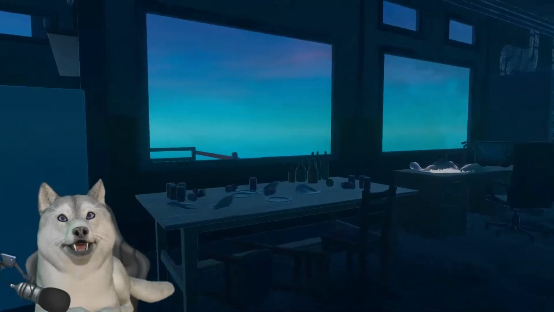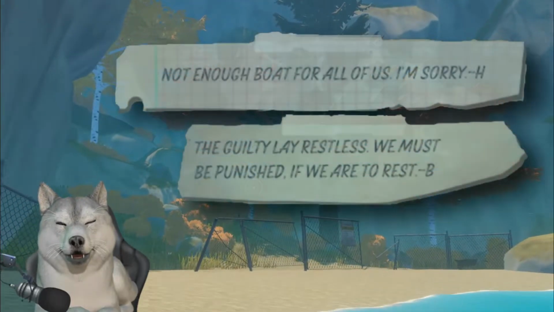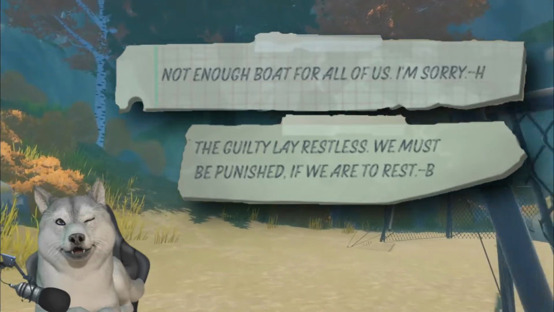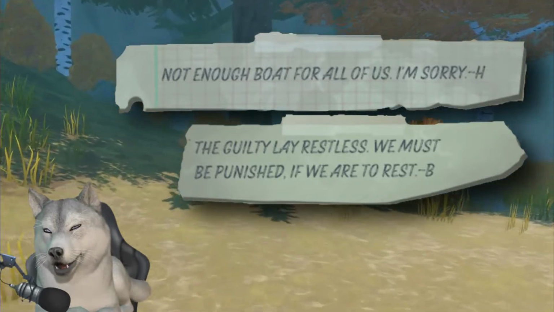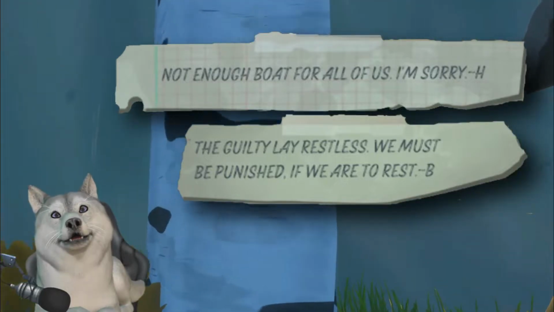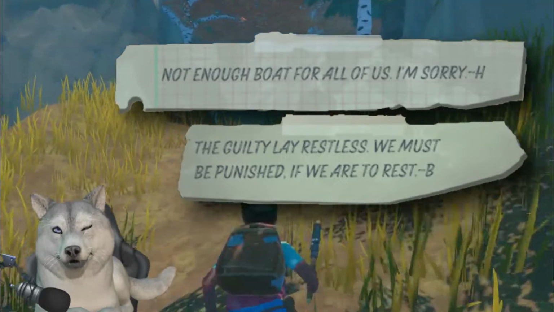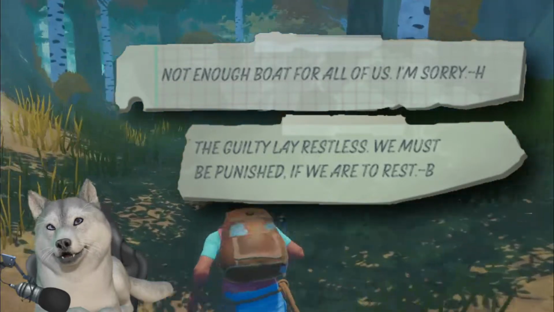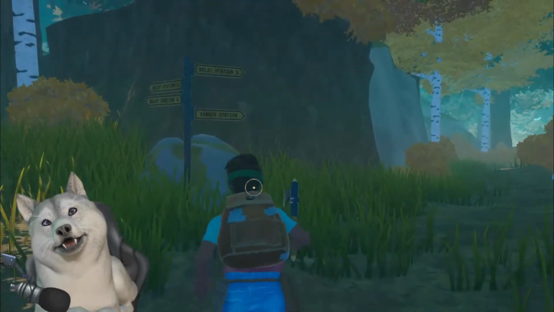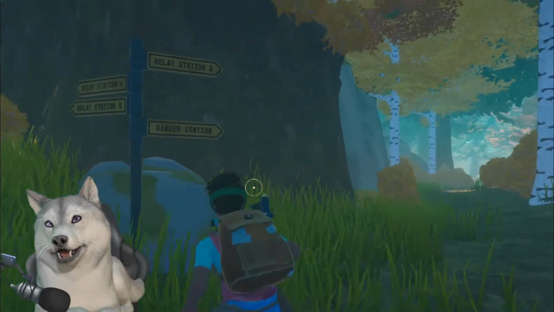The little slips of paper devolve into some stranger statements like, "The guilty lay restless. We must be punished if we are to rest. Signed B," who sounds like a disturbed person I once knew with that line. It suggests maybe that the isolation is playing a role. Another reads, "Not enough boat for all of us. I'm sorry." There's many guesses we could take at what occurred here, but perhaps some of the oddest sights on